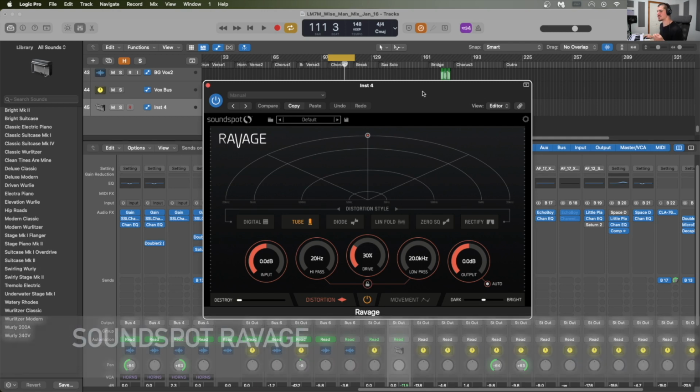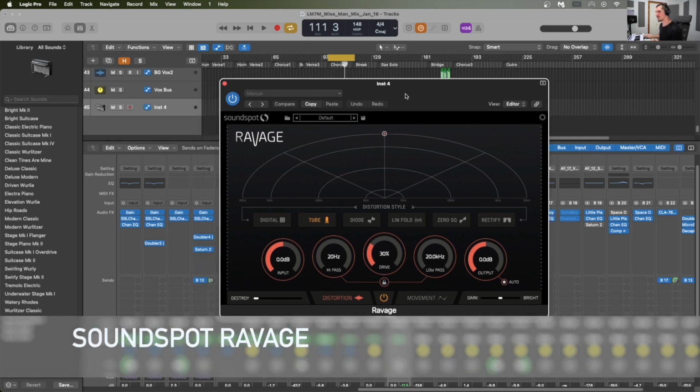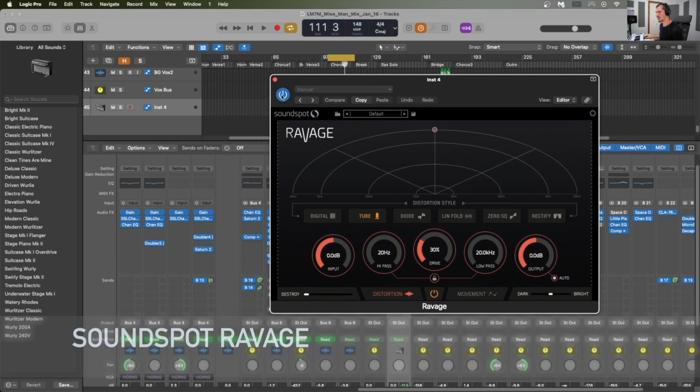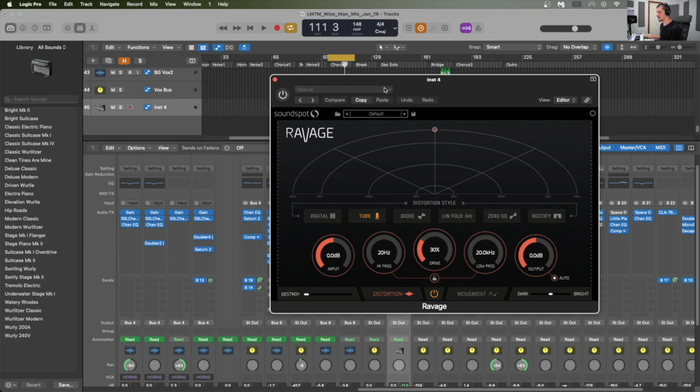This is Ravage from Soundspot, and rather than putting it on the drum bus, I figured I would put it on the stock E-Piano from Logic. So this is what it sounds like without any distortion. And what I like to use this distortion plugin for is to really destroy and mangle a sound and kind of get a new instrument out of what I'm working with. So here is the piano by itself. And then if I turn on Ravage, even with the drive at 30,